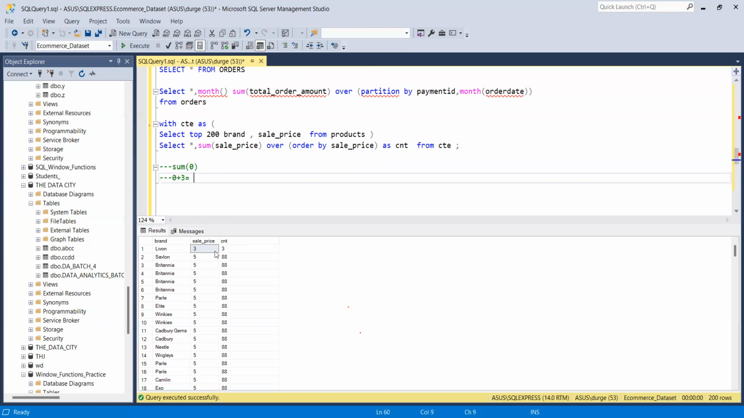So your answer is 3 for the first row. Now the sum bucket has the value 3 inside it. Now it will come to 5. If this 5 occurs a single time, then what will happen? 3 plus 5, 8. But if this 5 is present multiple times in the same window,